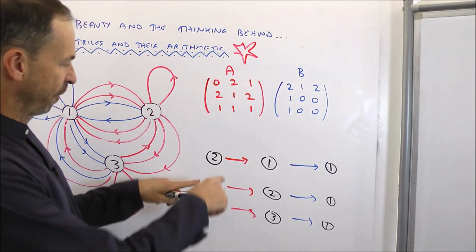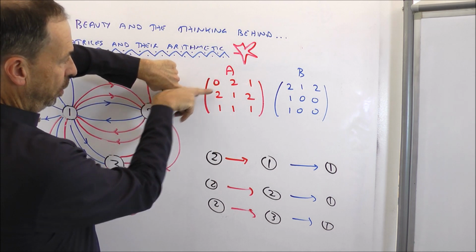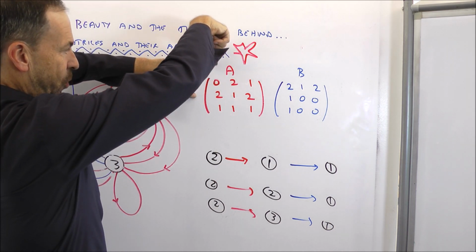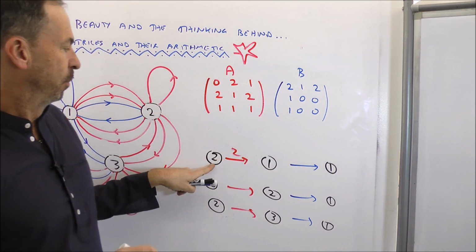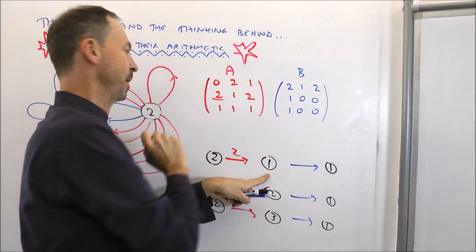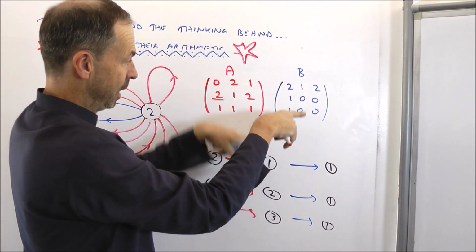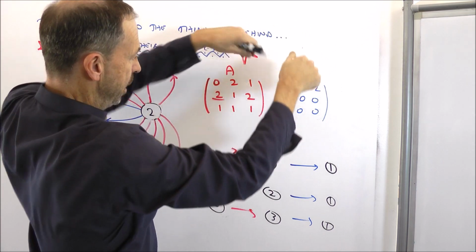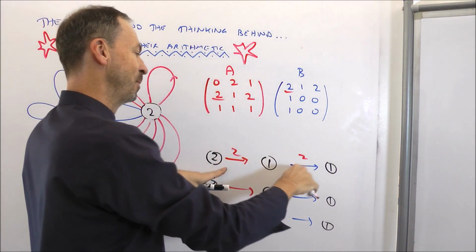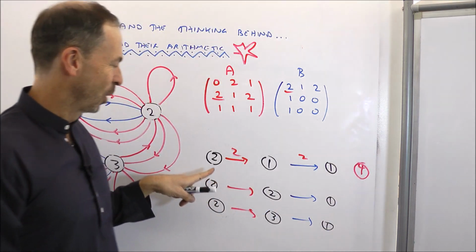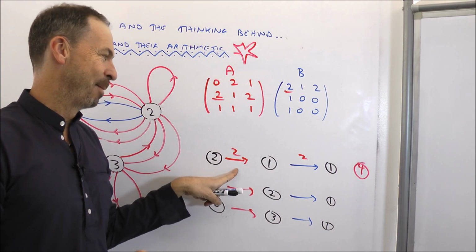So how many ways can I go from, say, city 2 to 1 on a red airline? 2 to 1, that is row 2, column 1. There are 2 ways to go from 2 to 1 on a red airline. 2 of them. Great. How many ways can I go from 1 to 1 on the blue airline? That is city 1 to city 1. There it is. 2 ways to do that. So that means there's a total of 2 times 2. There's 4 ways to go from city 2 to city 1, stopping at city 1 on a red first and